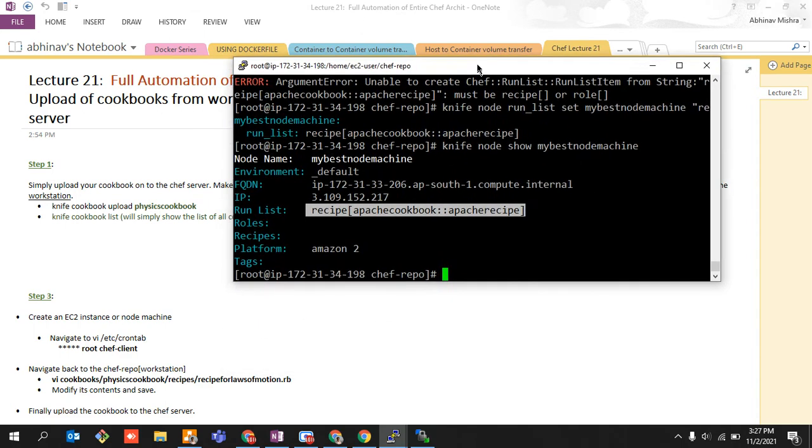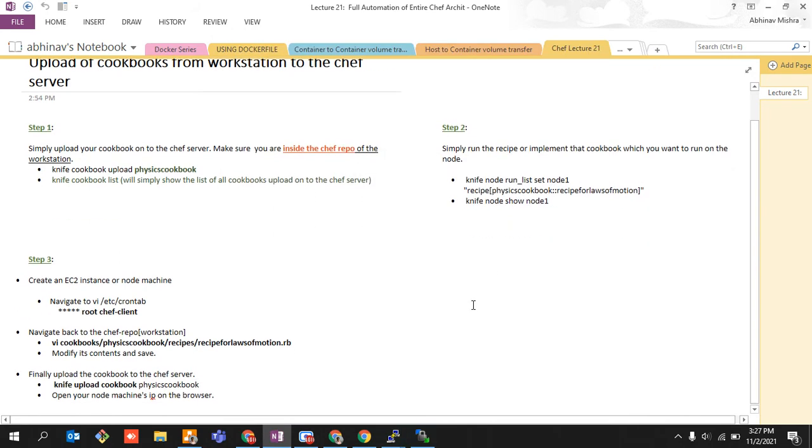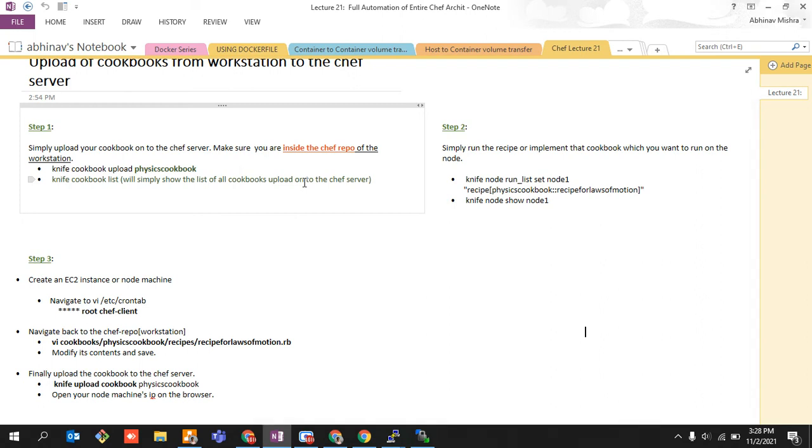Okay. So the final step that you needed to do so that everything gets automated. Currently, first you need to upload it, and then the second step is that you need to attach that recipe onto the run list, because let me make you understand what is going on over here. I uploaded one recipe of how to create a mango shake onto a chef server, right? But how would another person know? And let's say there is a mango recipe, a vanilla shake recipe, a chocolate recipe. So how is your node server going to know which recipe to run?